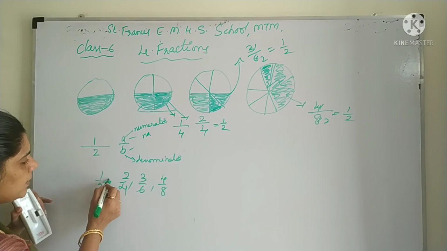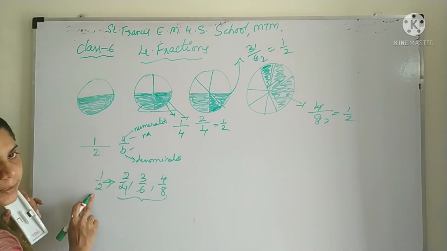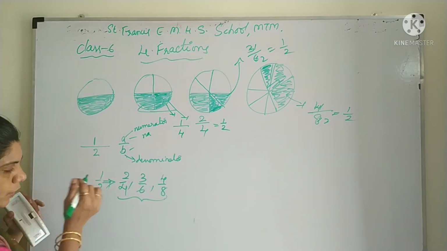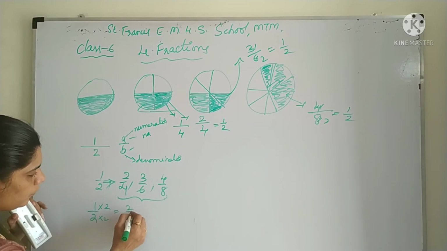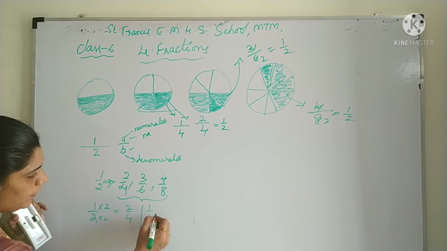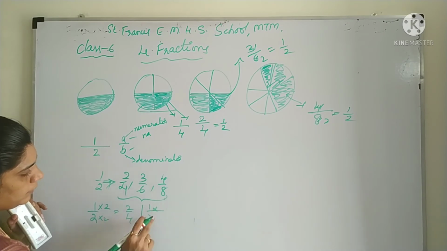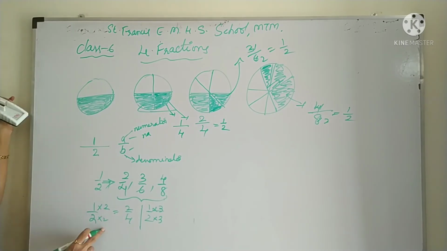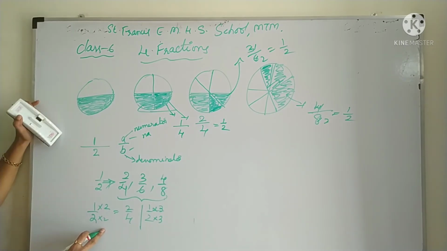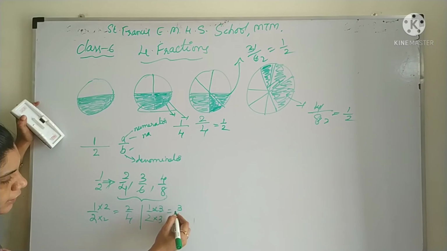Now, what we can say is, these are the equivalent fractions of the beginning fraction, that is 1 by 2. If you multiply 1 by 2 with 2, you are getting 2 by 4. And if you multiply this fraction with 3, whatever you do in the numerator, you have to do that in the denominator also. Both numerator and denominator should be divided or multiplied with the same number only. You are not allowed to use different numbers here. Only one number you have to use. Then see what you are getting here, 3 by 6.